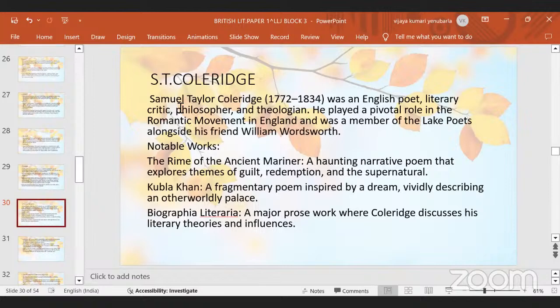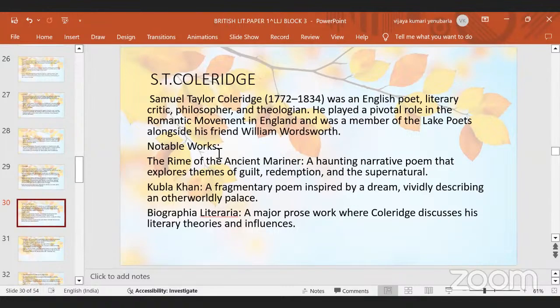Samuel Taylor Coleridge, another Romantic poet. He's a critic, philosopher, and theologian. That's why he portrays symbols and images more spiritually. He uses very striking images with deeper meanings. He played a pivotal role in the Romantic movement in England and was a member of the Lake Poets alongside